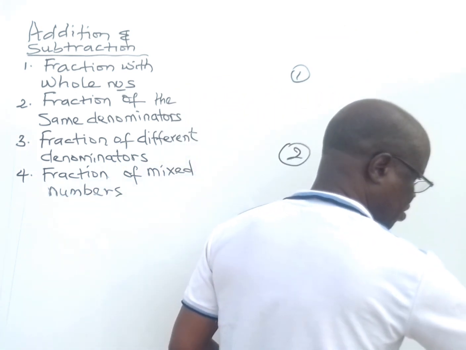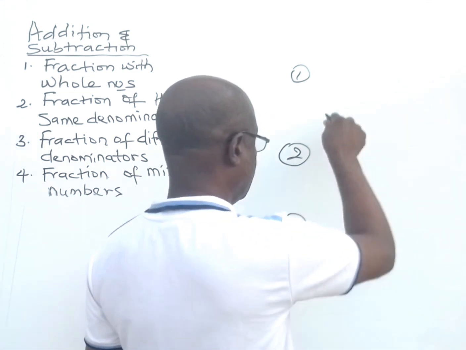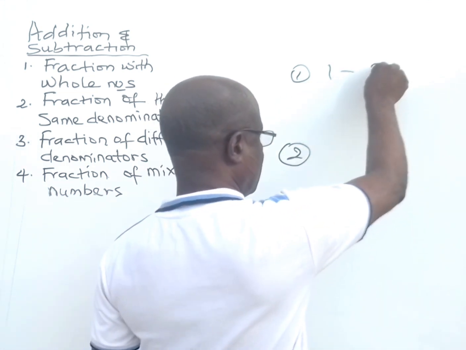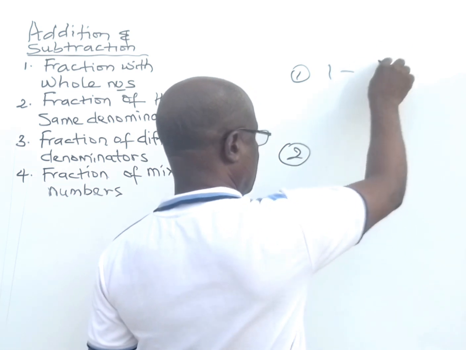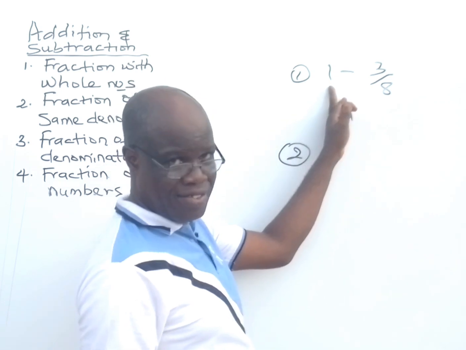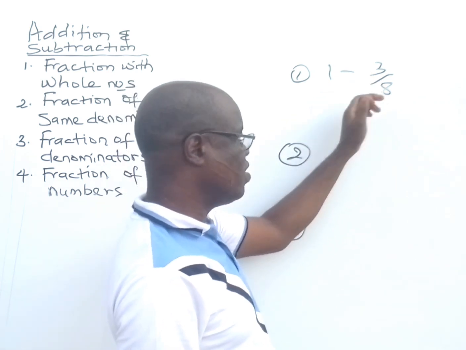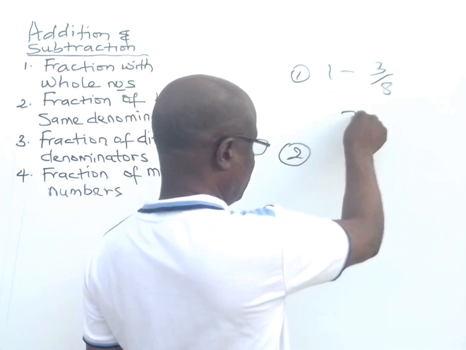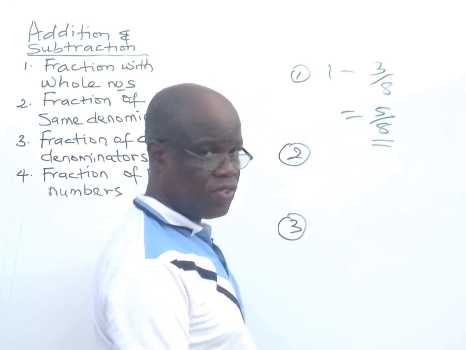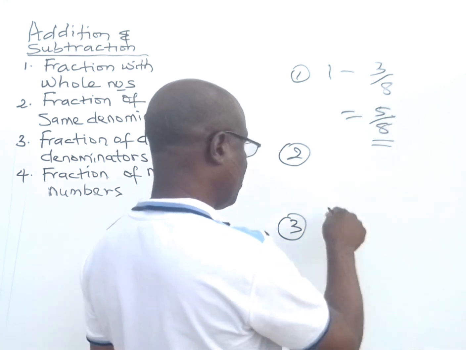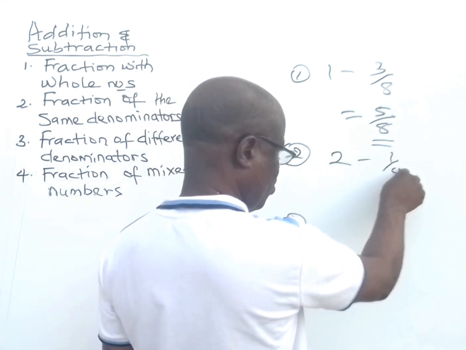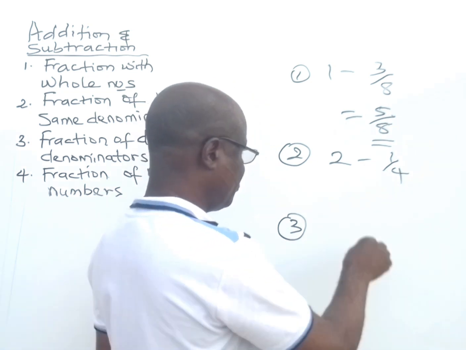Suppose you have a whole number like 1, and you are removing 3 over 8. If it is 1 like this, what you do is just remove 3 from 8. That's 5. So your answer is 5 over 8. That's all. But if you have something like 2 minus 1 over 4, in this case, you have to find